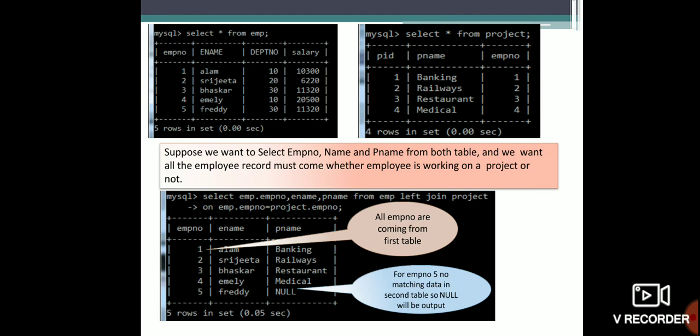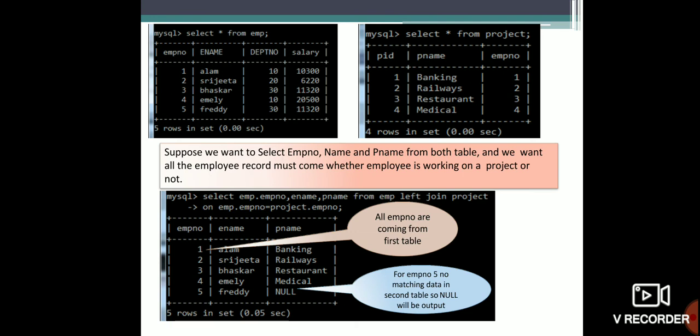First we have to remember the common column, that is employee number. Suppose we want to select employee number, e name and p name from both tables. We have to select only these three columns, and we want all the employee records to come whether the employee is working on a project or not. So what will be the query for that? Select employee dot employee number. Since employee number is the common column, we have to write employee dot employee number.